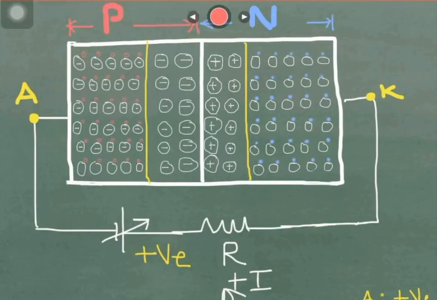Okay, so what we have done is we have first seen what is a PN junction diode. What do you mean by PN junction diode? So here we have seen P type of material which is doped by using trivalent impurities, and it has majority charge carriers as holes and minority charge carriers as electrons. On another side, we have seen N type material which is doped with pentavalent impurities. So majority charge carriers are electrons and minority charge carriers are holes, due to which we have seen a formation